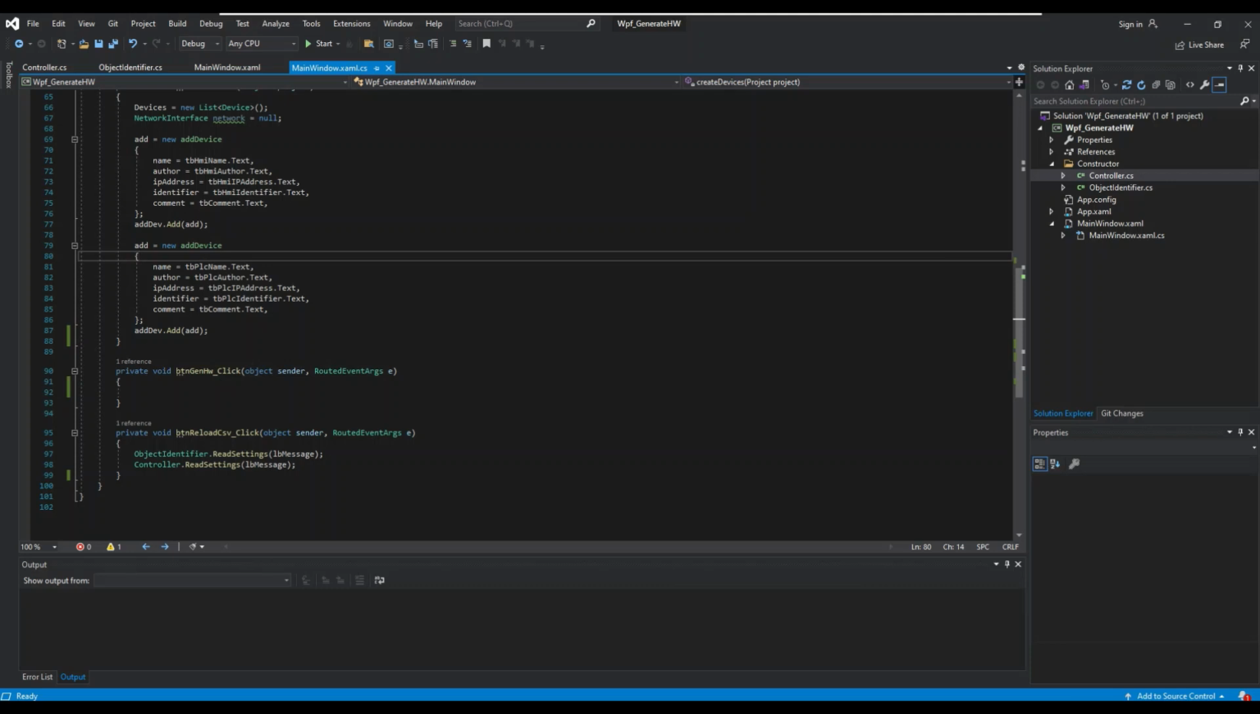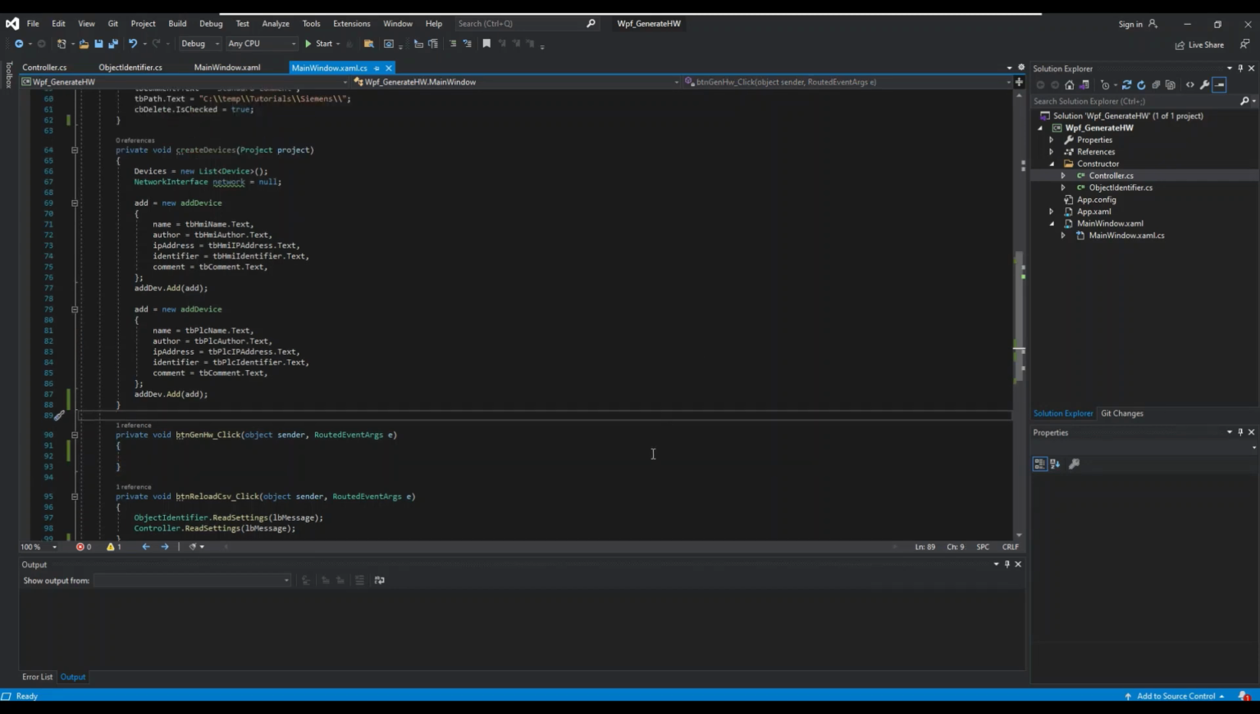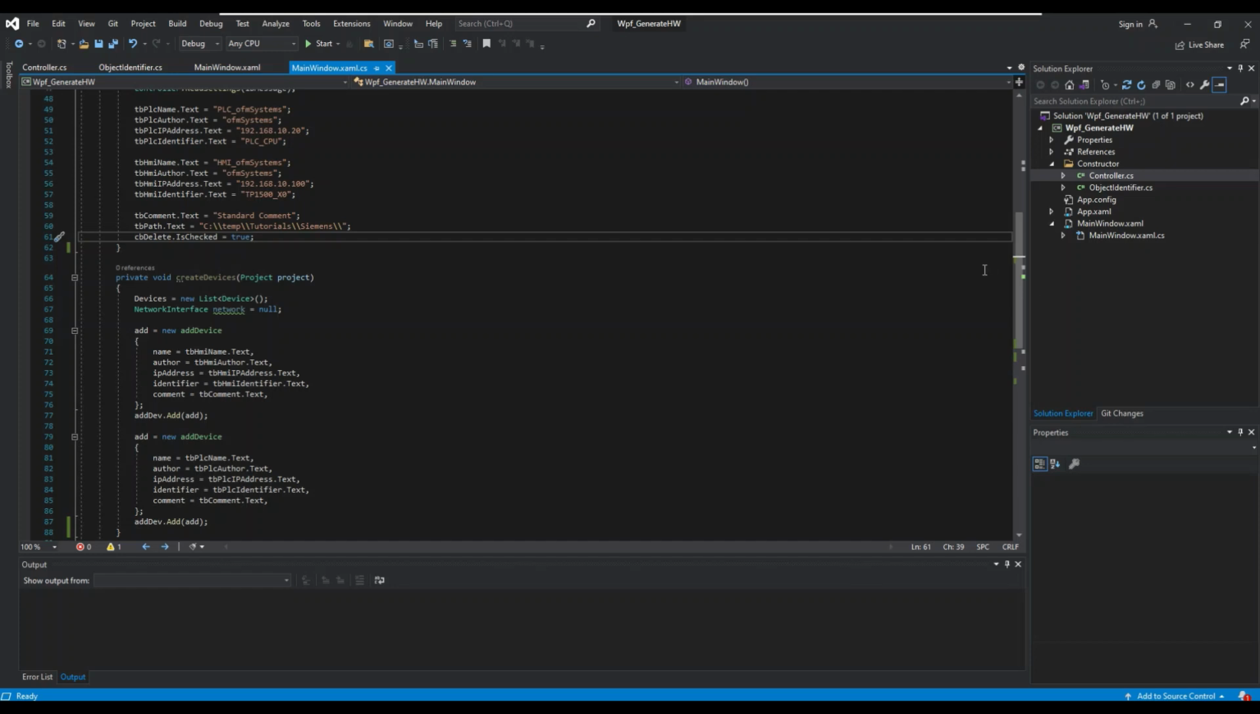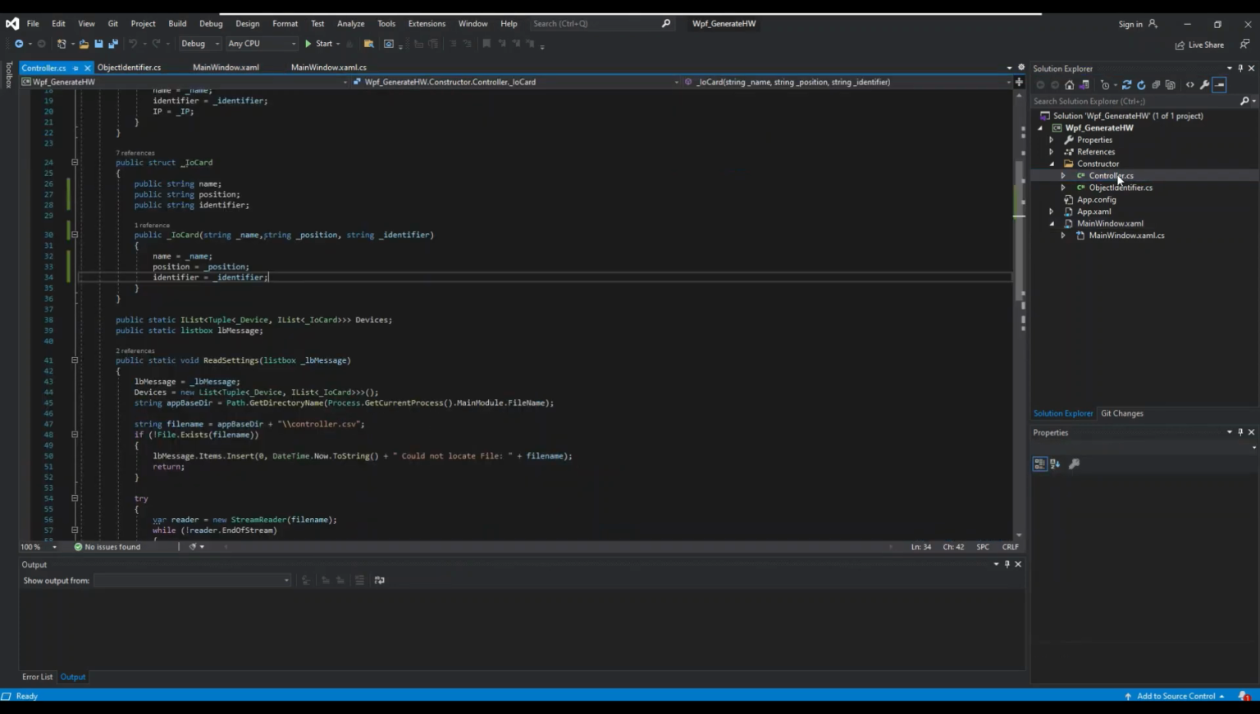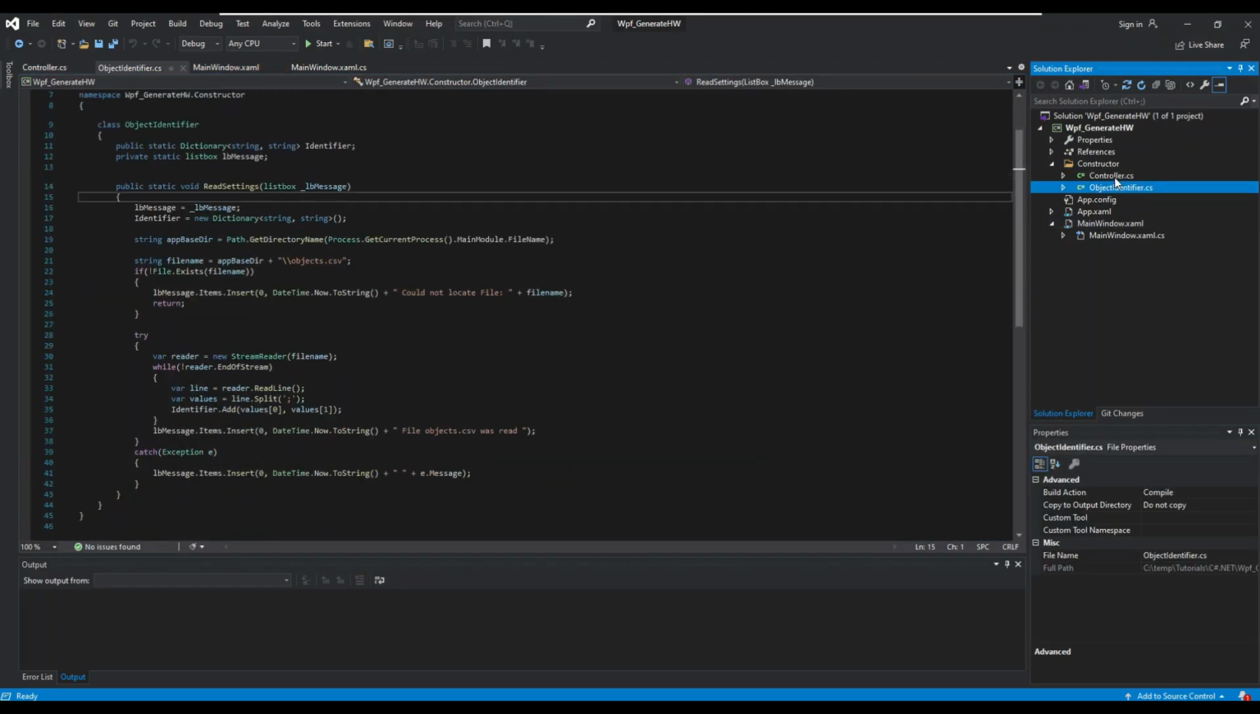Hi there, welcome to part 3 of the tutorial in which I'm going to show you how you can generate your hardware configuration for a TIA project. So, in the previous videos we created our main window, and then we created two classes in which we called